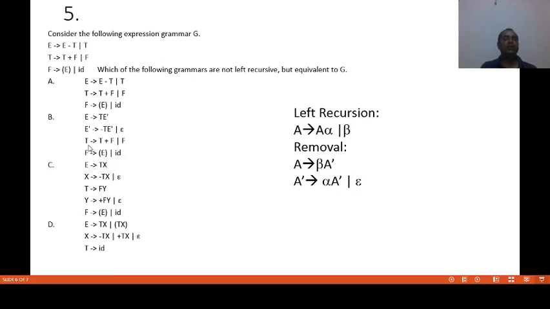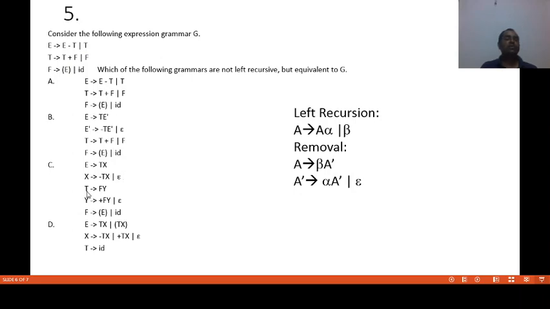This contains left recursion. Now option C, E derives to T X. T is what? Beta, and one variable that is taken here, X. No problem. E prime is taken as X here. X derives to alpha, minus T X, or empty. This is correct.